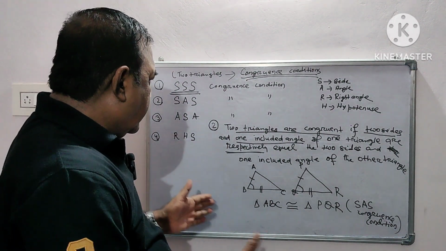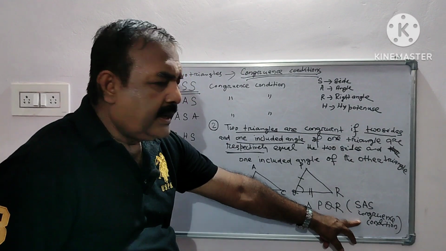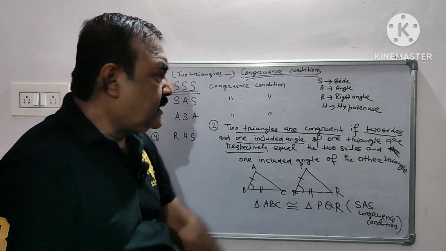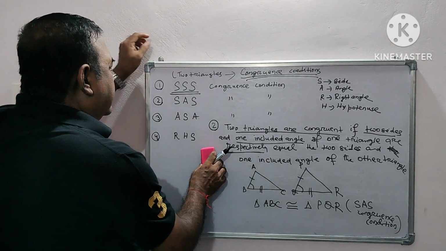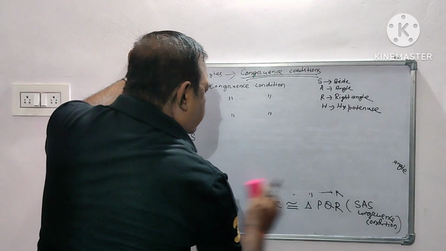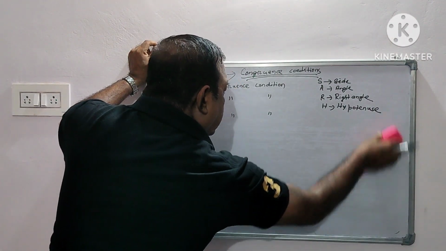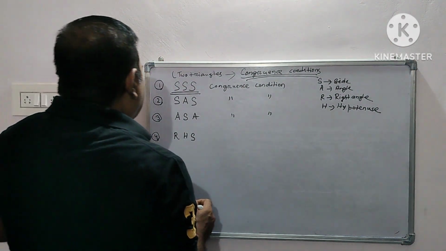If these be equal, then two triangles are congruent. On which condition? SAS congruence condition. So the second case is over towards the congruence of triangles. So third one. Third one, you see,